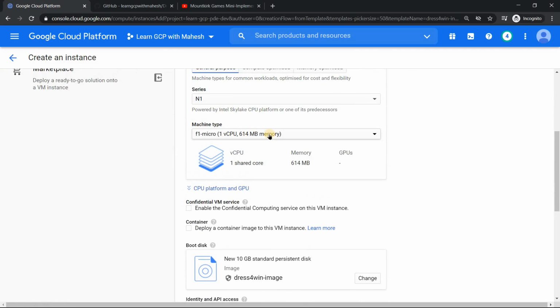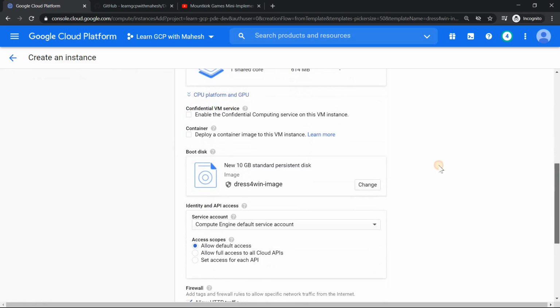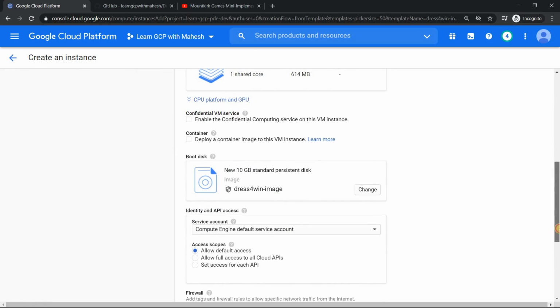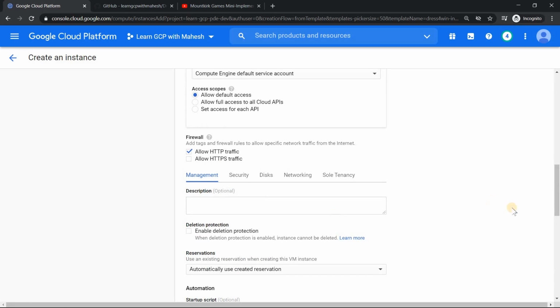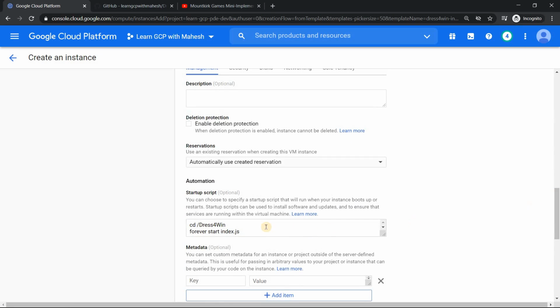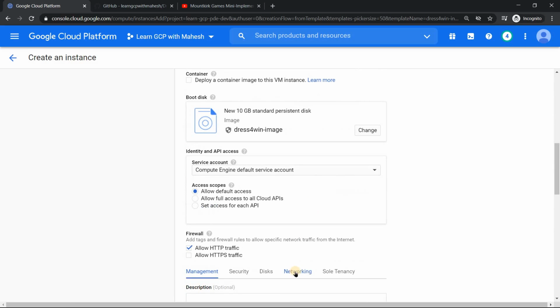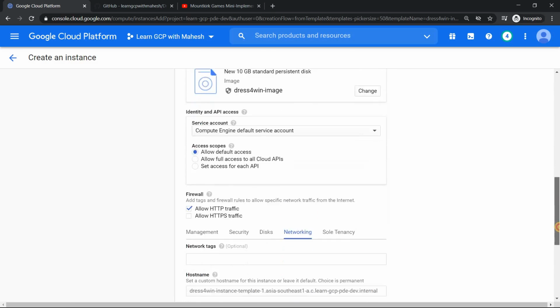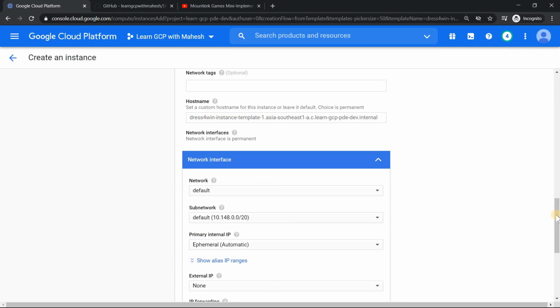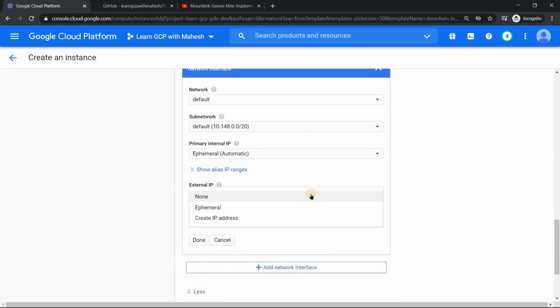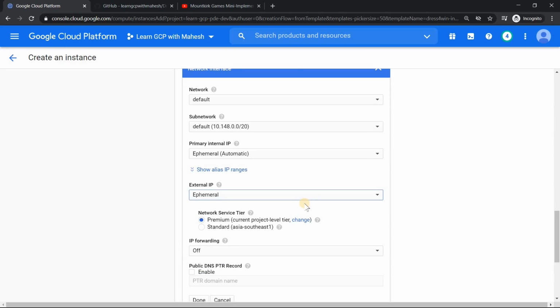So what's the machine type, what's the image, everything, including the startup script, the 2 lines of code which you added, even that is going to come up. Good. So the only modification I'm going to make is I want an external IP address. When we do the instance group, we will not have an external IP address, because the global load